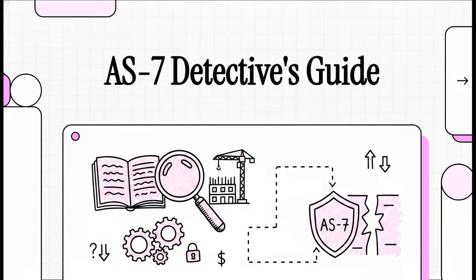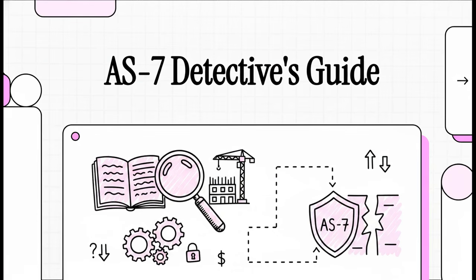Welcome to This Explainer. Grab your magnifying glasses because today we are stepping straight into the shoes of a financial detective. Whether you're investing your hard-earned money in stocks or you're just watching new highways get built in your city, the construction industry is this fascinating and, honestly, sometimes kind of shadowy world. Specifically, we're going to unpack the rulebook known as Accounting Standard 7, or AS7.